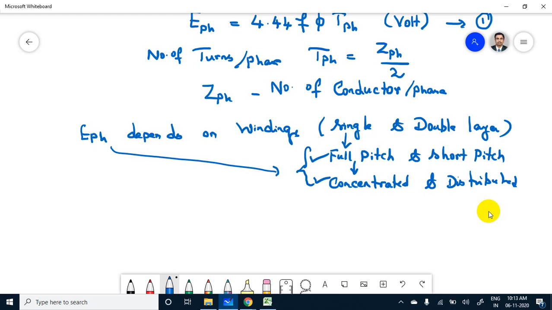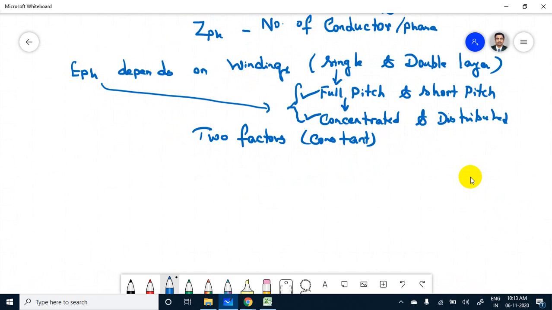In both concentrated and distributed windings, two constant factors are produced. So what are these constant factors in relation to E phase? What I have to write: E phase is equal to 4.44,